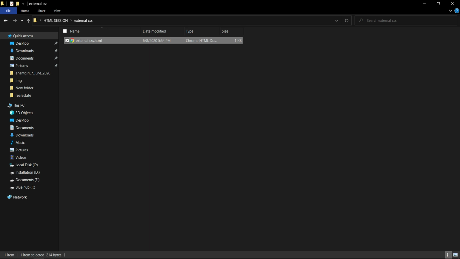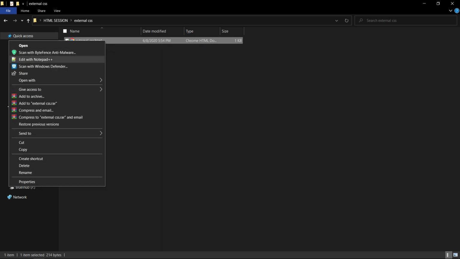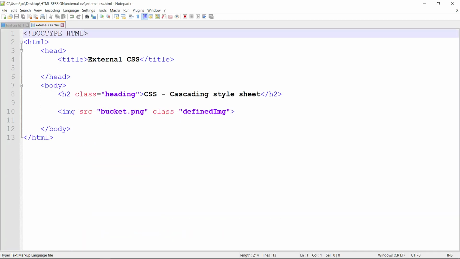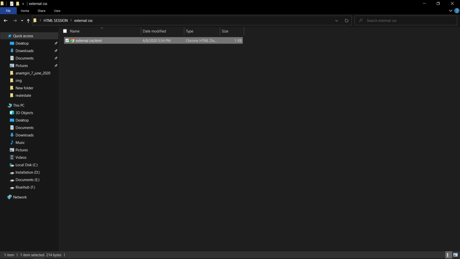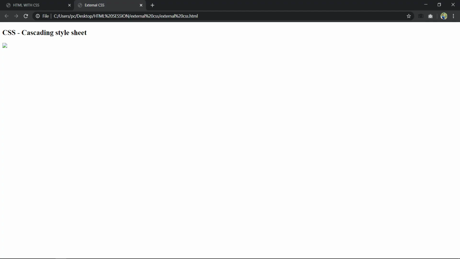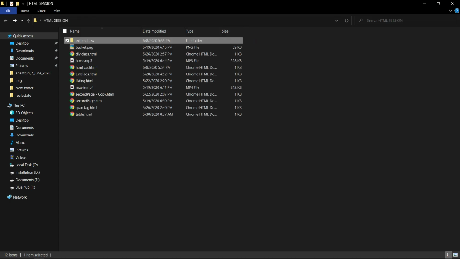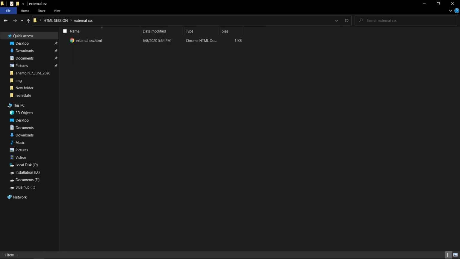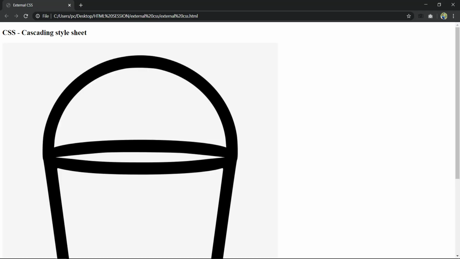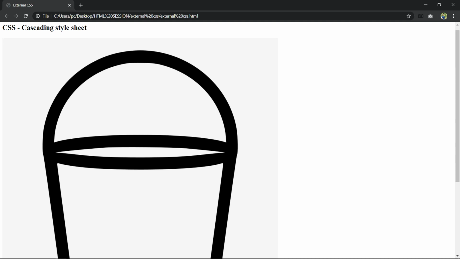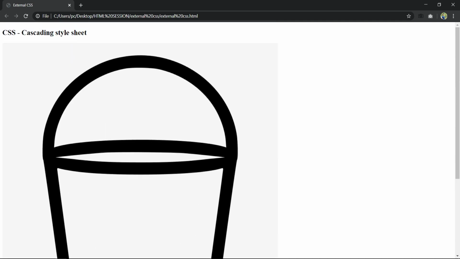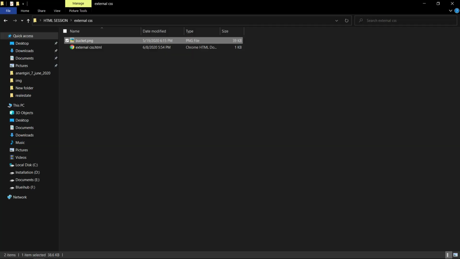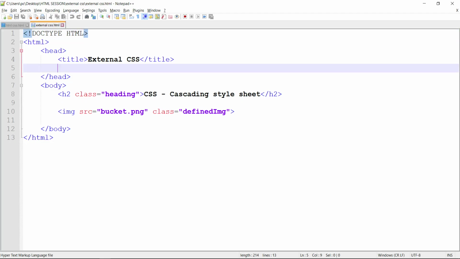Now edit with Notepad++. Here we have created internal CSS. Right now there is no image, so where is the image? This is the bucket image. Let me paste it over here. Now refresh it. So we got it. We got this as a big one because we have cut the CSS property here, right?